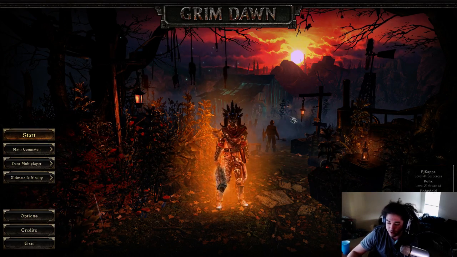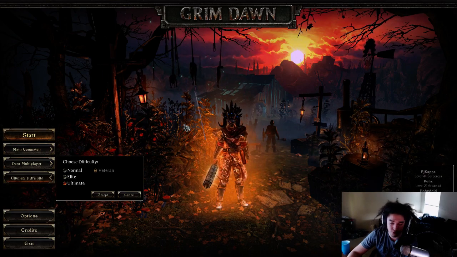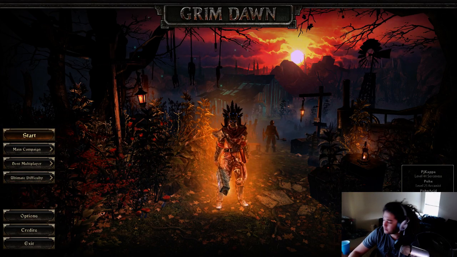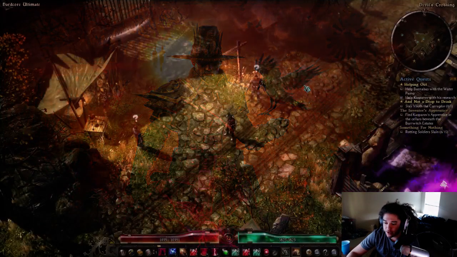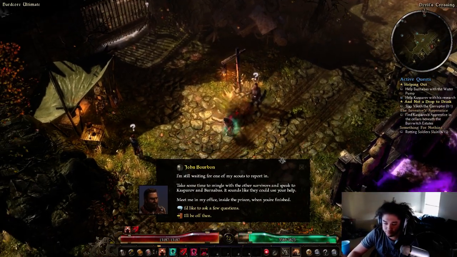This is my level 72 Conjurer that I'm playing right now in Hardcore Ultimate difficulty, which is the highest difficulty you can play on. We're going to jump right in, and I want to show you some of the really cool features of this game. Since we're going to be talking about gear and progression, let me get started